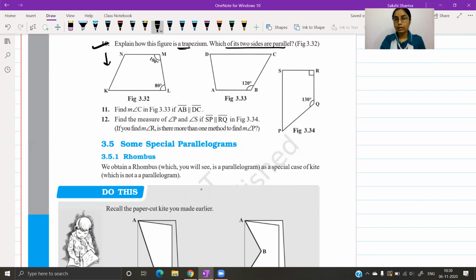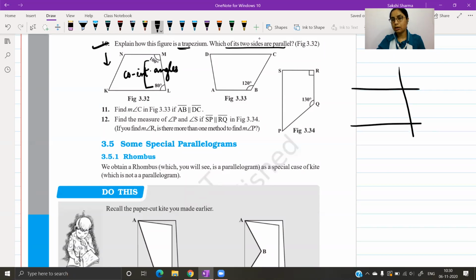So as you can see, based on whatever is given here, in your quadrilateral, two angles are indicated, and the position of these two angles tells me that these are the pair of co-interior angles. So those who have forgotten how to identify co-interior angles, let us say there are two lines and those are intersected by a transversal. So as for now, I can say NM and KL are the two lines, and this is my transversal, the slanting line. This is the transversal ML, and this is the pair of lines that I have. The angles formed here on the same side of the transversal,